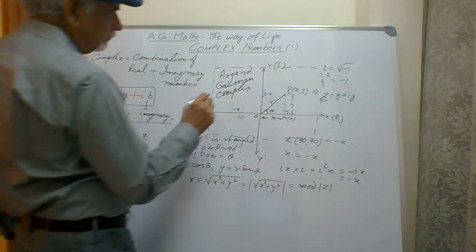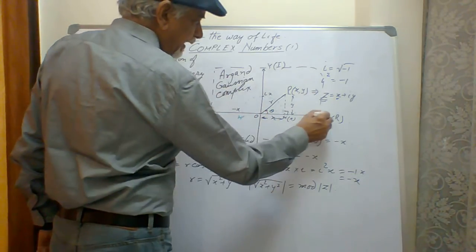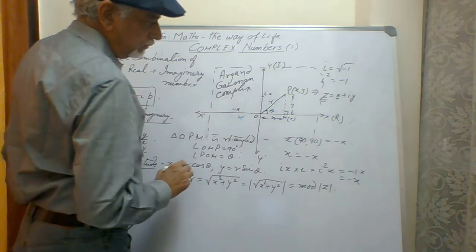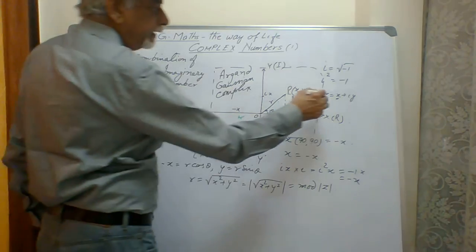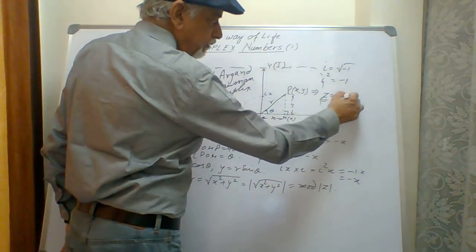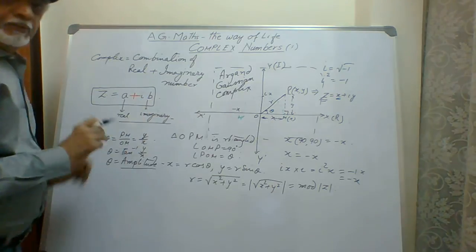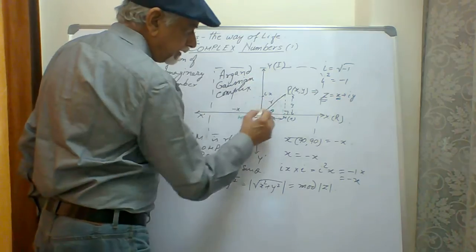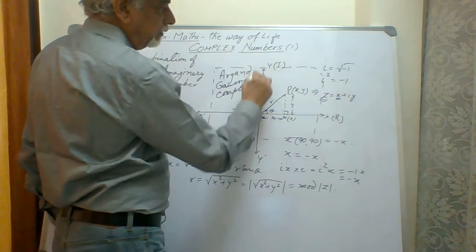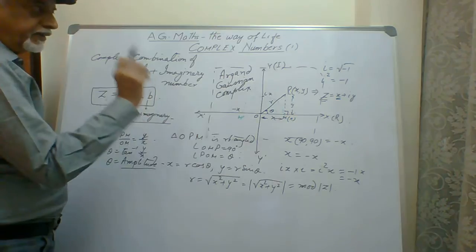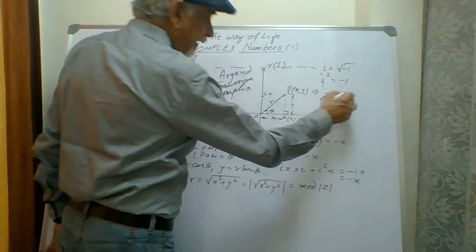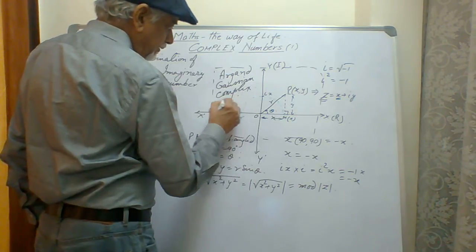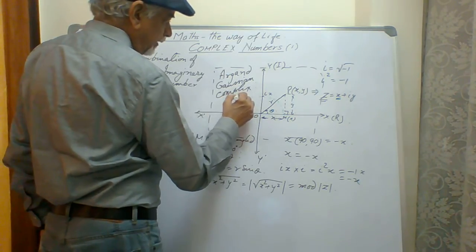Now what is a pure real number? Any number which is lying on the x-axis, where theta becomes 0, will be called a pure real number. So when z is only equal to x and the y part is 0, then we call it a pure real number. If x is not present, only y values are present, iy, then it is called the imaginary part, purely imaginary. Now x minus iy will appear here, because now x plus iy, minus x plus iy will